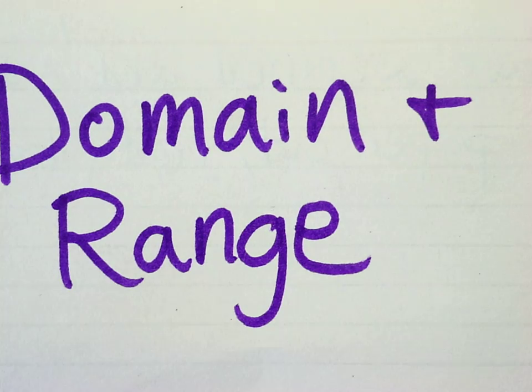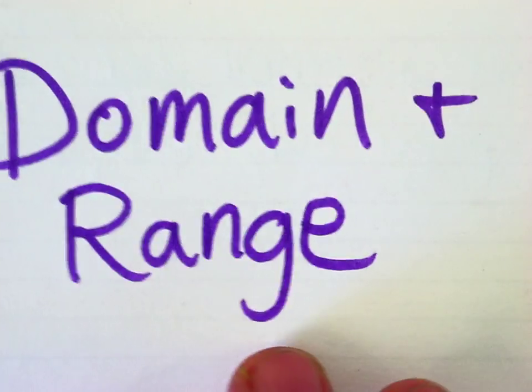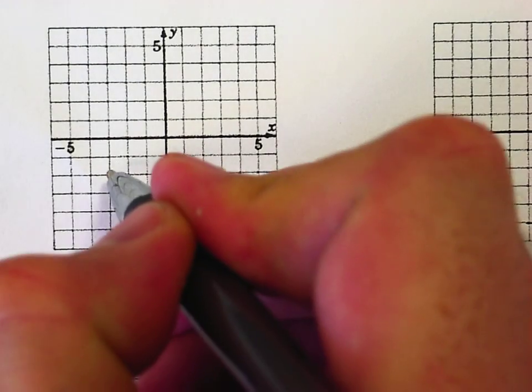Now we're going to write the domain and range for continuous graphs. We just did the domain and range for discrete graphs, which is when points are just plotted on the XY plane, but continuous graphs is when those points are connected with a line. All right. So for example,